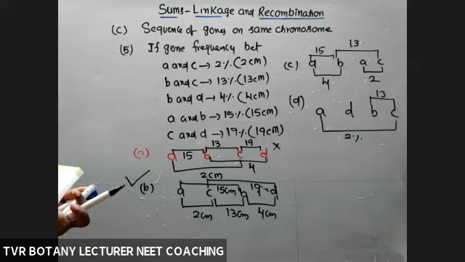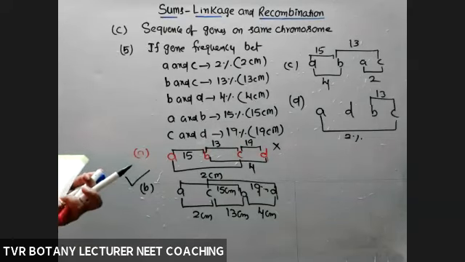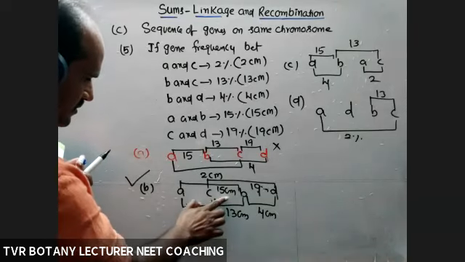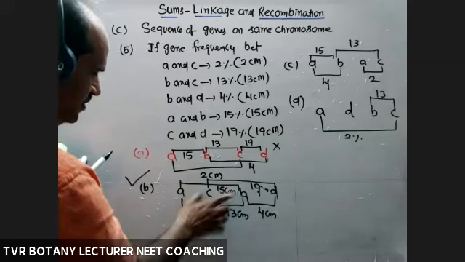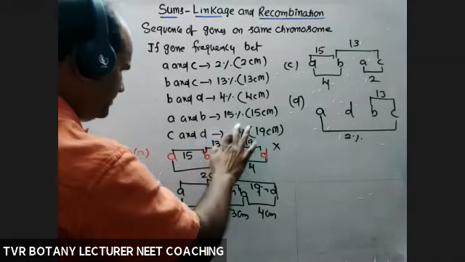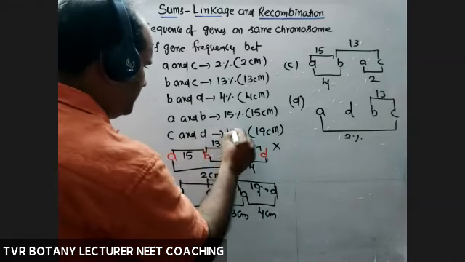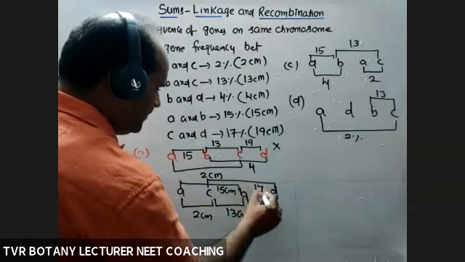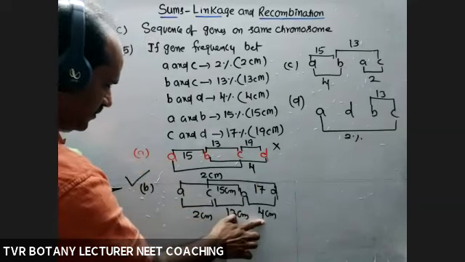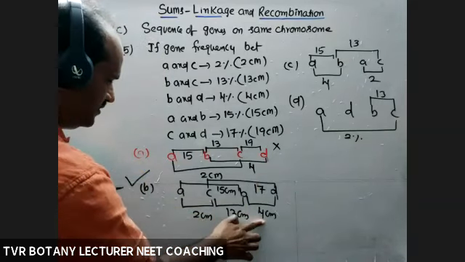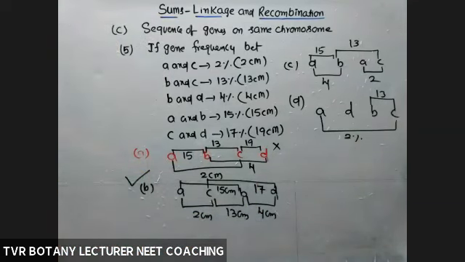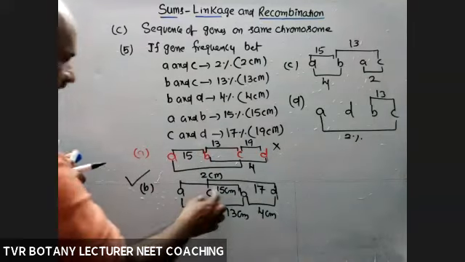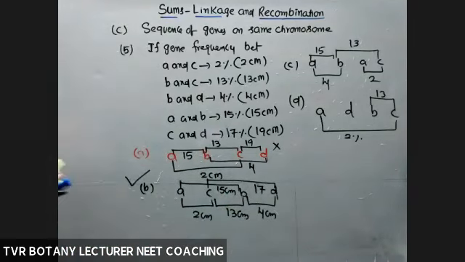Yeah, 13 plus 4. If it is so, we have to change 1 minute. We should not change it. Take 17 only, then you will get it. Otherwise, not possible. If it is 17, we will get it. 13 plus 4, 16 plus 1, 17. Okay, so between C and D should be 17.